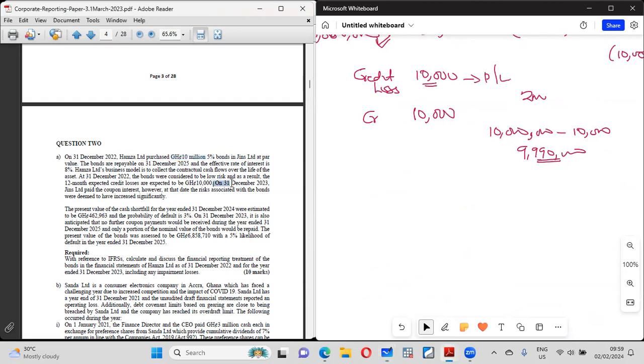So it says that on 20, there is now a significant risk. There is now a significant risk. So what do you do now? It is no more 12 months. It is now what? A lifetime. So guys, it's just application of the things. If it is a lifetime, we have to calculate it, but they've done it for us. They've done it for us. So as at now, they are trying to tell us the figure of the lifetime credit loss. So it says the present value of the shortfall. They've done it for us, which is a